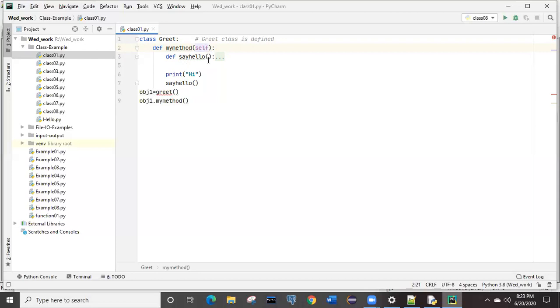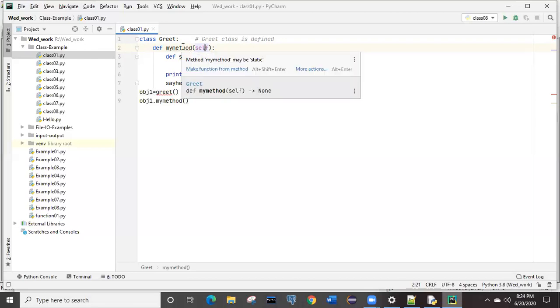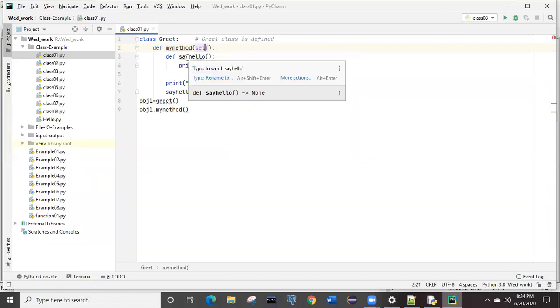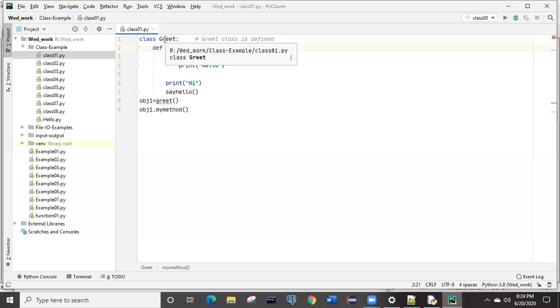So what basically this class is doing: in the Greet class, we have defined one method known as my method, and inside that my method, I have another method known as say hello. If you see over here, it is not a camel case method name. The class name will always start with a capital letter, and then the corresponding words will be camel case.